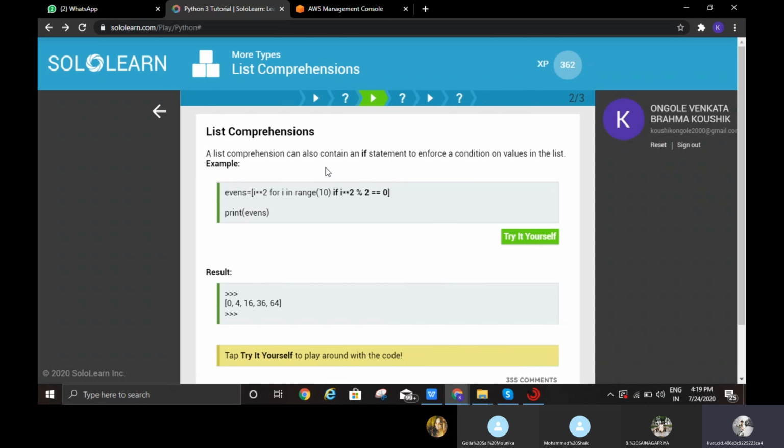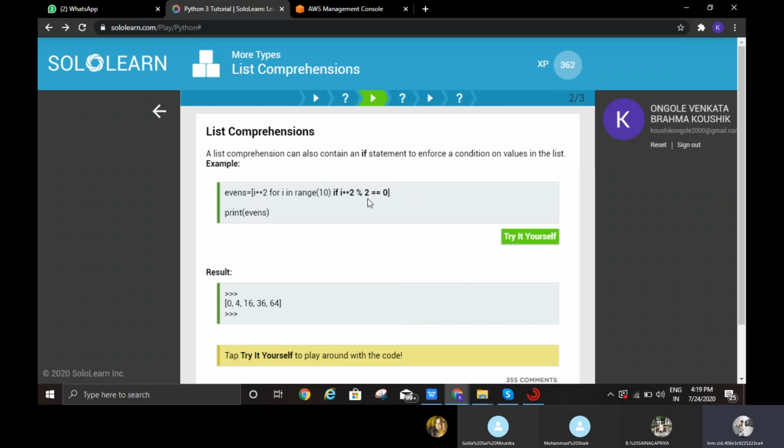A list comprehension can also contain an if statement to enforce a condition on values in the list. Evens equal to i power of 2 for i in range of 10, if i power 2 divided by 2 double equals 0, then it prints evens.